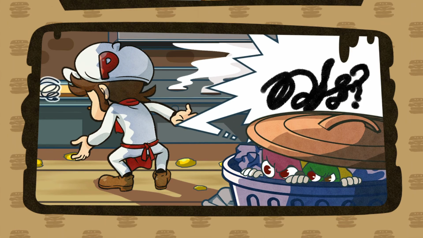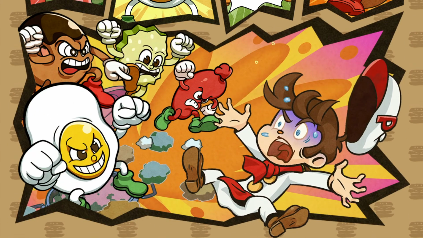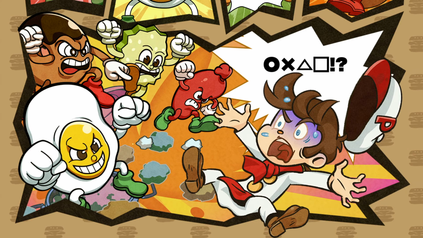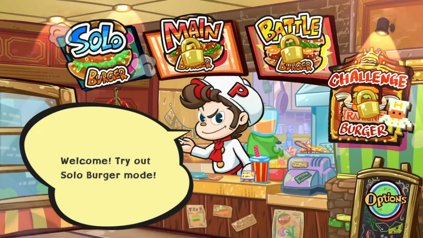So as soon as you start the game, you get introduced to this comic book styled cutscene that introduces all of the different sort of characters you'll encounter in BurgerTime Party. Obviously Peter Pepper is the chef that you control, and then you have the wiener, pickle, egg and I believe donuts, which act as your enemies that you have to thwart in order to take control and win